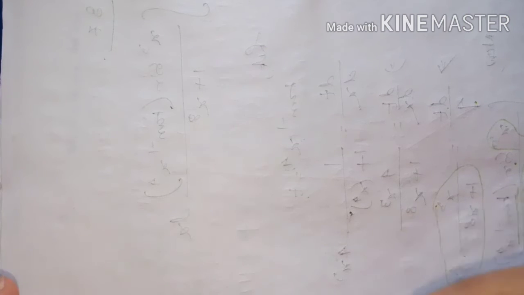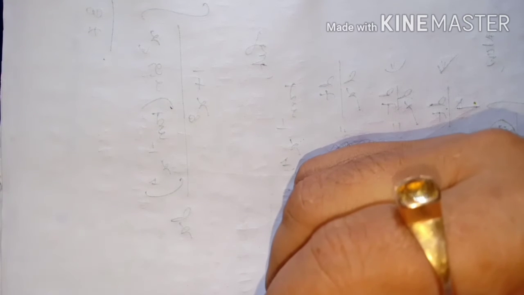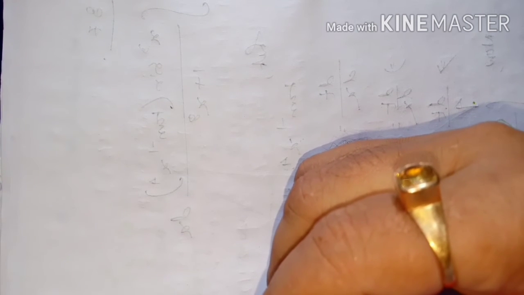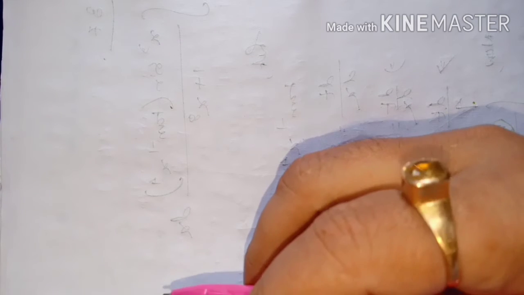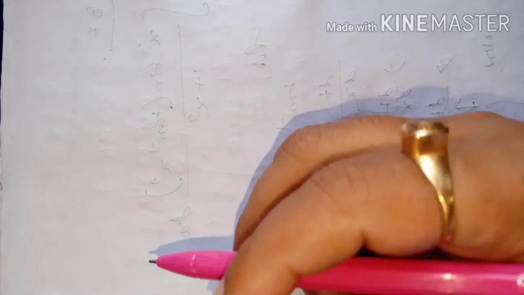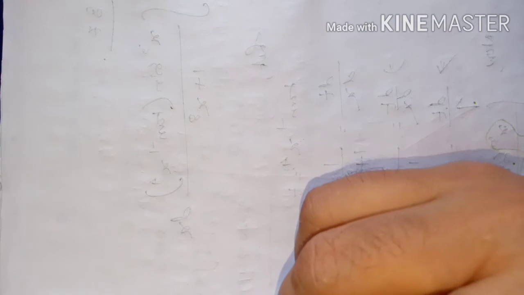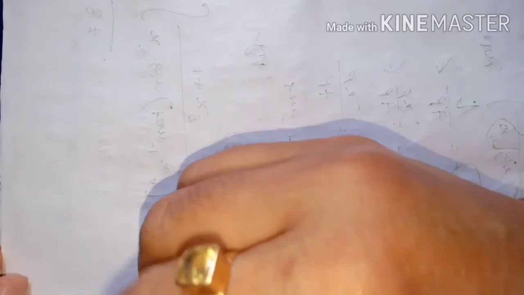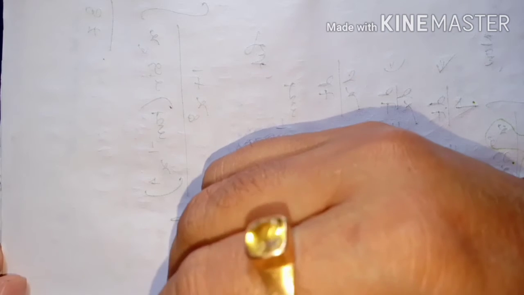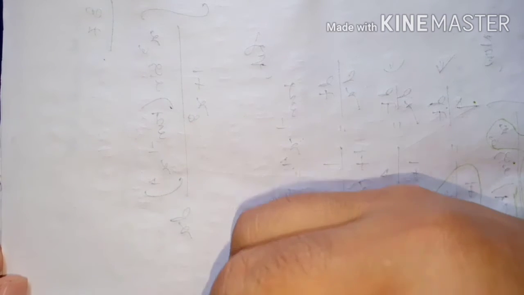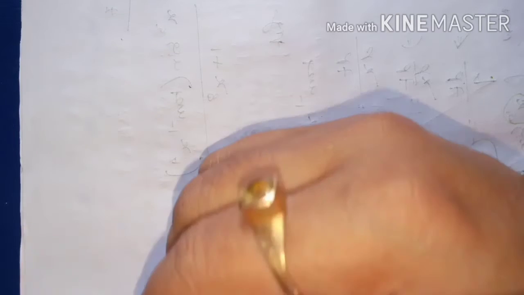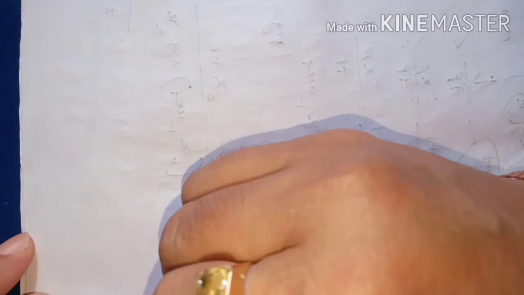Good morning, dear students. Today we'll learn how to find the antiderivative, or how to do the integration of functions where trigonometric functions are involved. For that, we need to recall some trigonometric identities we have learned in earlier classes, all the identities we'll be using here. Just see one by one.